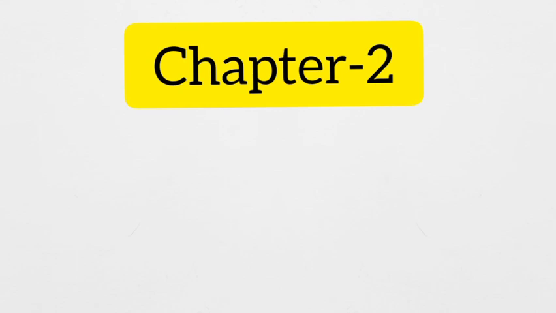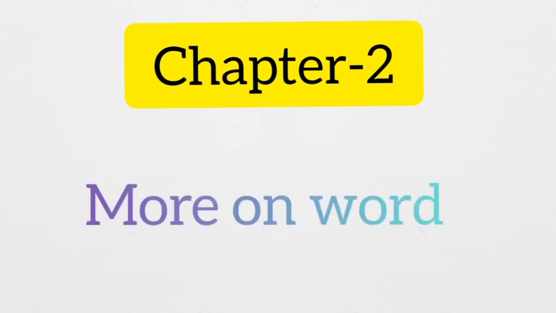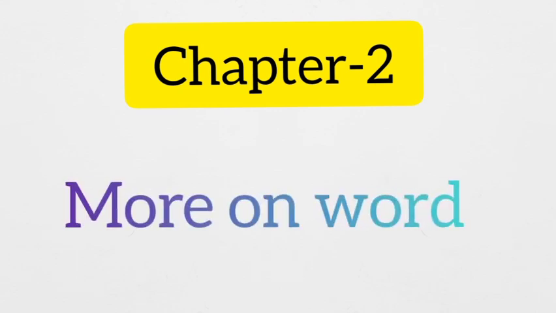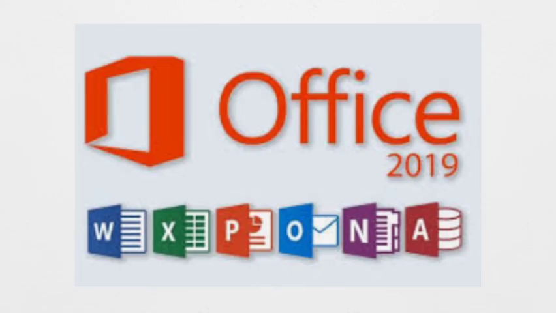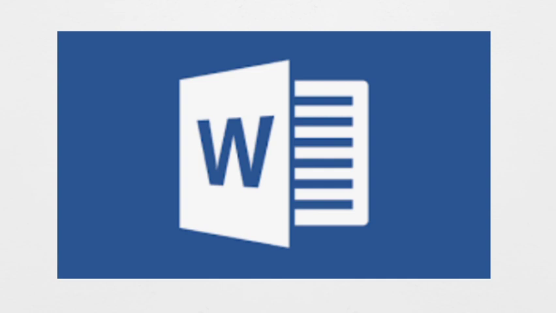So today we are going to start the second chapter of your computer book, that is more on Word. It's a part of Microsoft Word only. In short we sometimes say Word. Clear? You are already familiar with this software, that is Microsoft Word, and it's a part of Microsoft Office. Introduction of Microsoft Word you have already done in previous classes. Clear? So here we are going to discuss some more features of Microsoft Word.